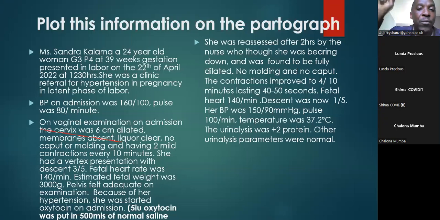If she's 39 weeks, write it. If you see the time she came, just write it. Don't wait to read everything for you to start plotting. That's the thing I see students making a mistake on. Don't read everything and then start plotting, because the way your Partograph questions are done these days is that we separate